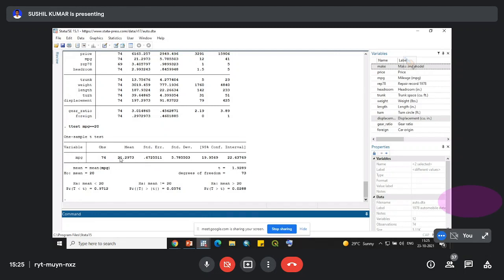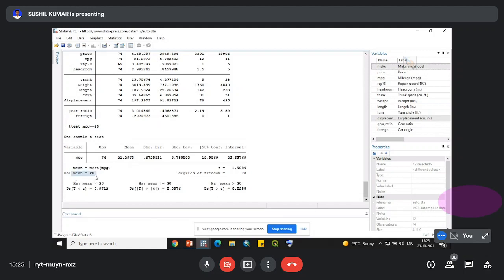The mean value is 21.29, which is the sample mean, as compared to the population mean we have assumed, which is equal to 20. Standard error is 0.67, standard deviation is 5.78, the t-score is 1.9289, and degrees of freedom is 73.